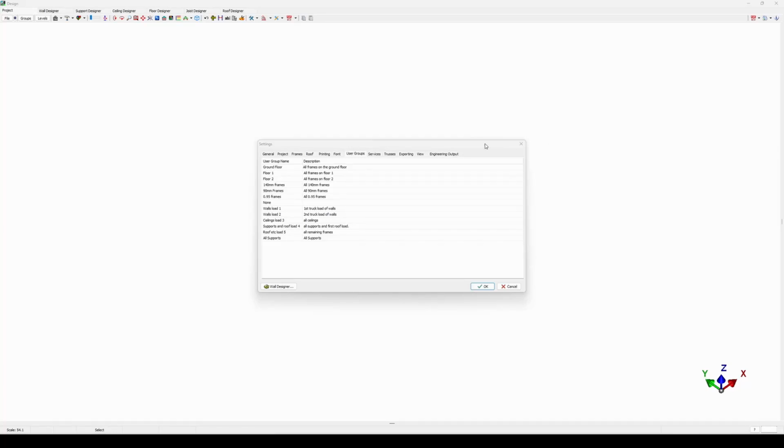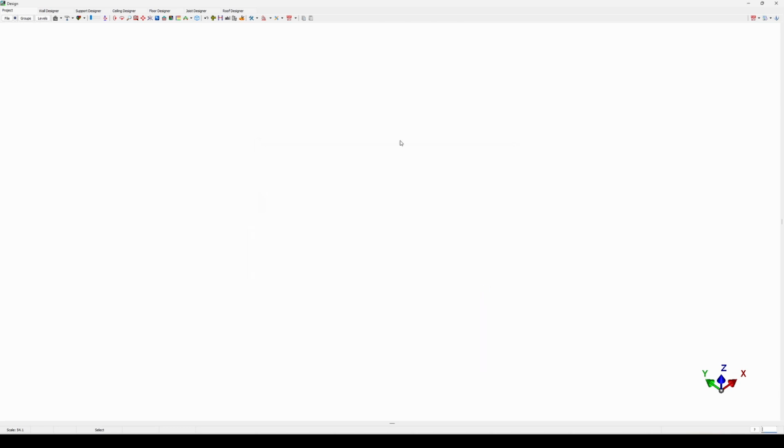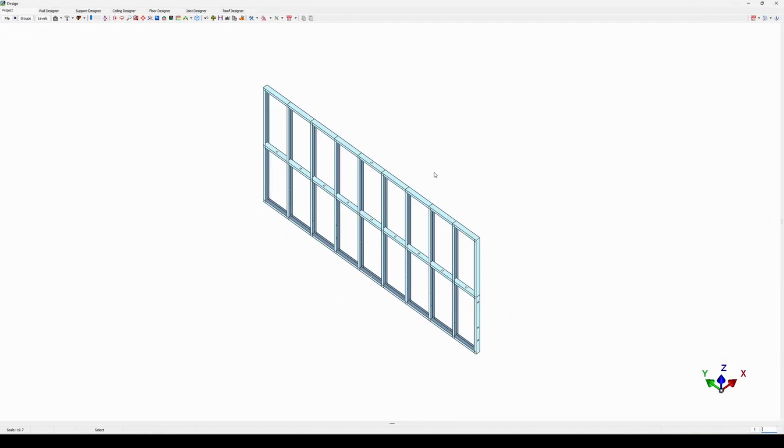Now that we've started with our user group section right there, what this actually is a layer setting. It allows you to make certain elements visible or invisible depending on what user groups you have allocated to those elements. For example's sake, if we take a look at what type of user groups we already have right there, and we click OK,